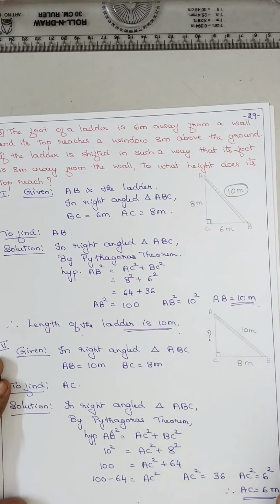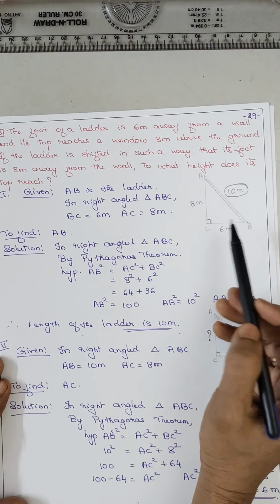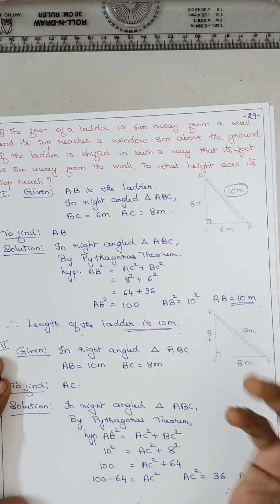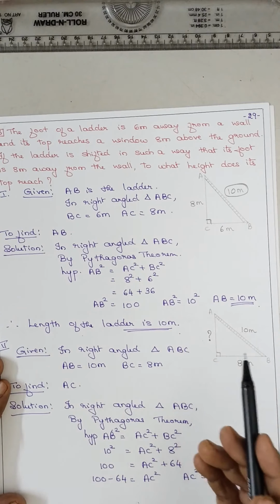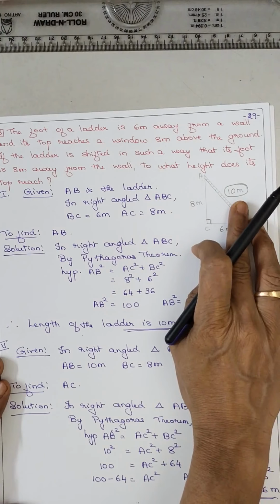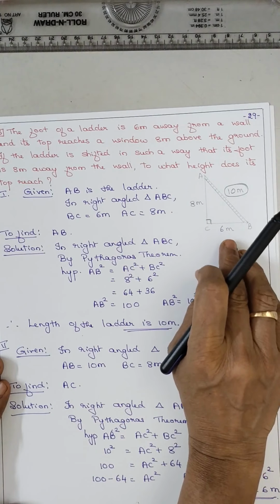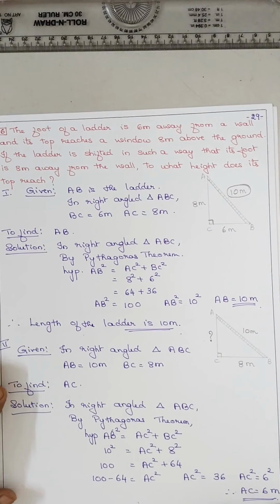So if it were a tick the correct option type of sums, remember, once you get the length of the ladder, 8 and 6 will interchange, there won't be any other value. So 10 squared is equal to, if one number is 8 square, the other number should be 6. Once you get this value, the numbers will get interchanged. Remember, if you get any other answer, then it is wrong.